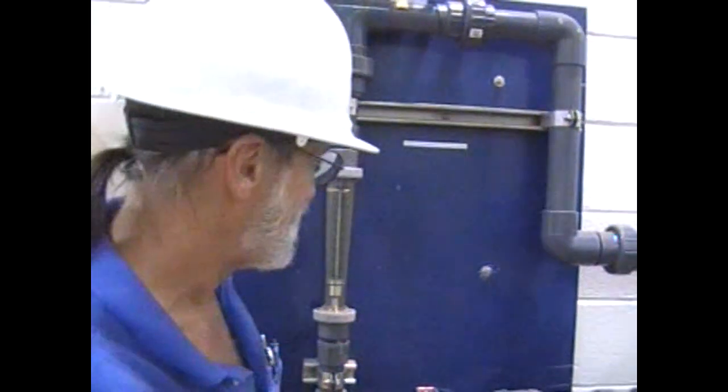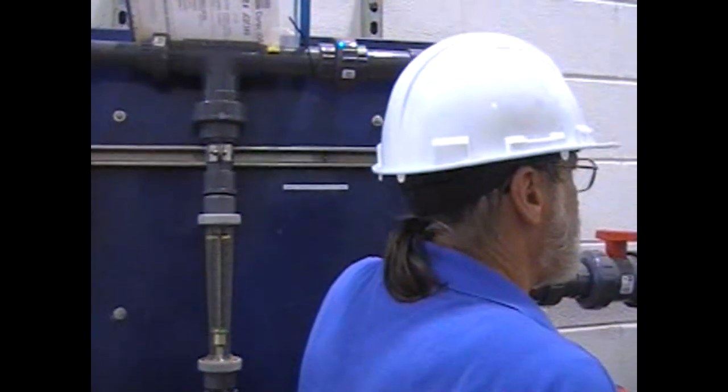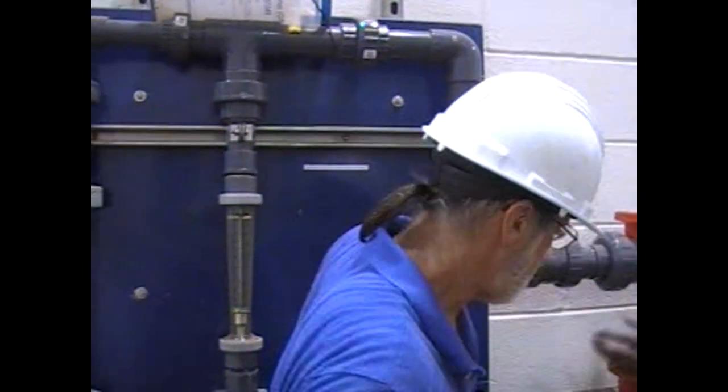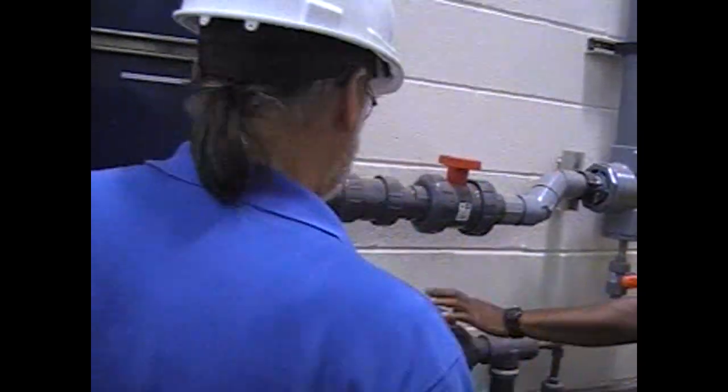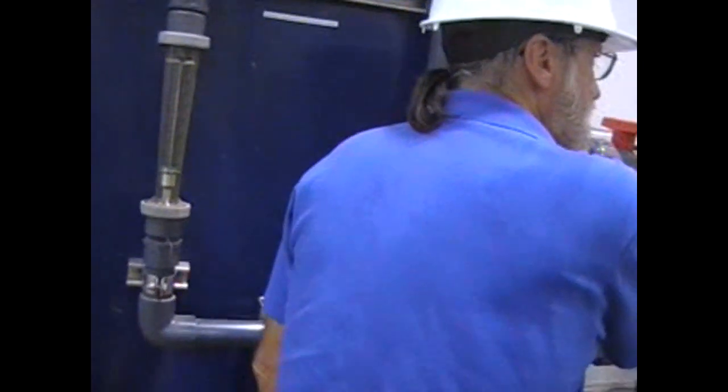Well, I'm a little bit confused. Because you're going out of this tank right here, and you're going to open the water, and I thought it was going to go over here and send out over here. Right. So why would you open this valve here? If you didn't open this valve, you